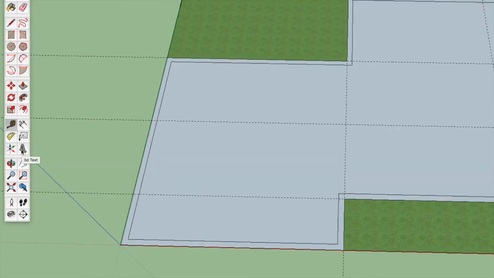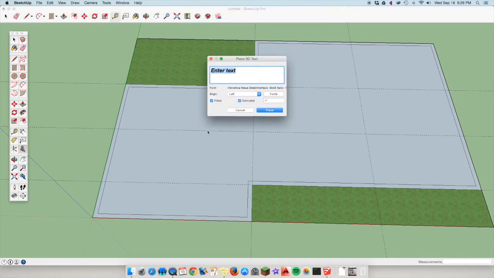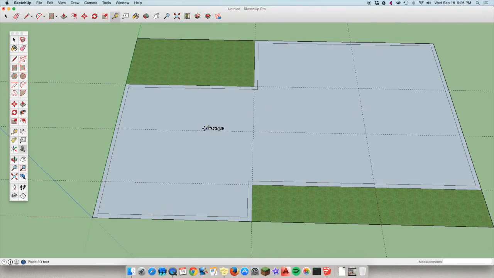white 3-dimensional A. Okay, I'm going to click on it, and it's going to ask me to enter some text. I'm going to enter the word garage, okay, and then I'm going to come down here to the word place and click it. I'm going to put the garage label right here because this is going to be the garage, this space here. And that's kind of small, so I'm going to grab this tool here, which is scale, and